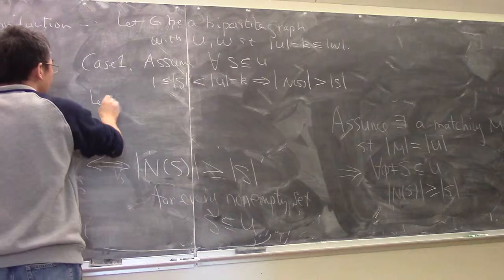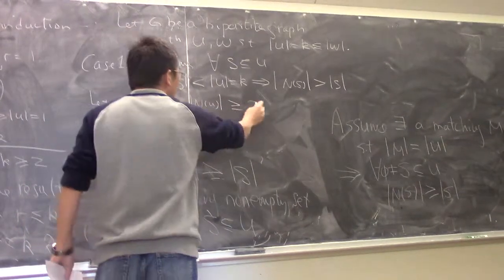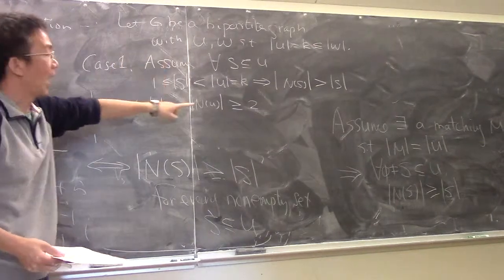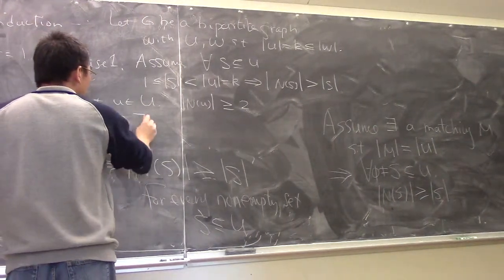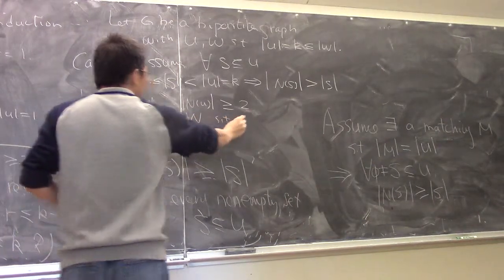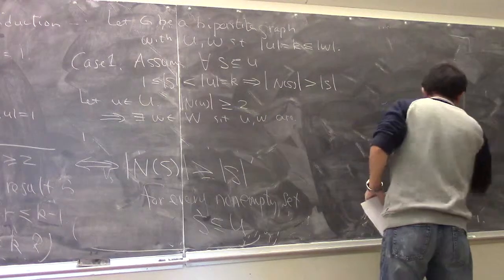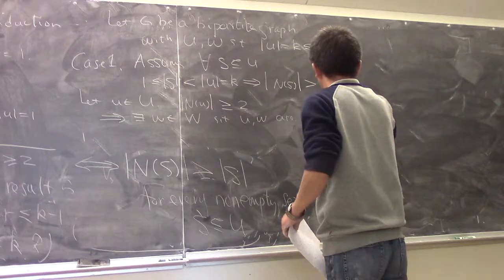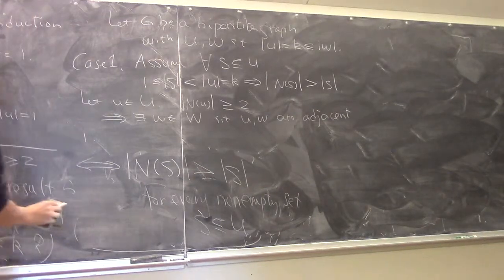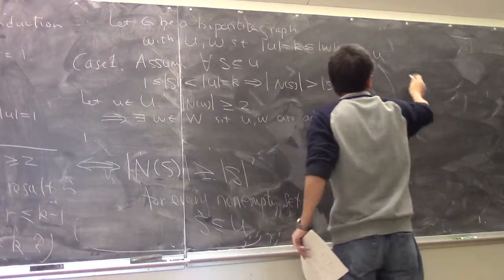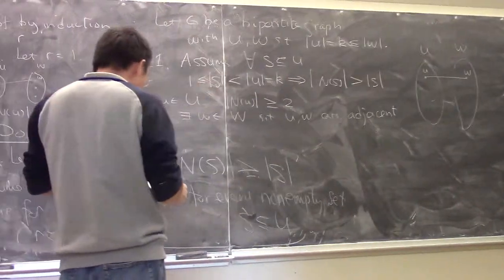Therefore, if I pick an arbitrary element in U, then the cardinality of its neighborhood is strictly larger than 1, and therefore larger than or equal to 2. So there exists a W in W such that U and W are adjacent. You have this is your U, this is your W. You just pick one point, so it's paired with W here. Now you consider